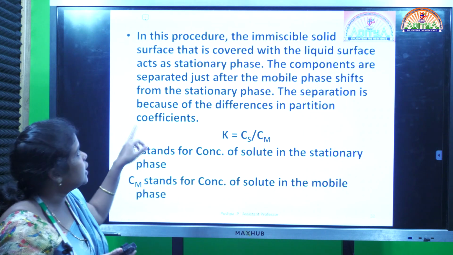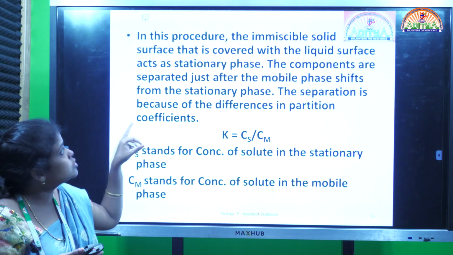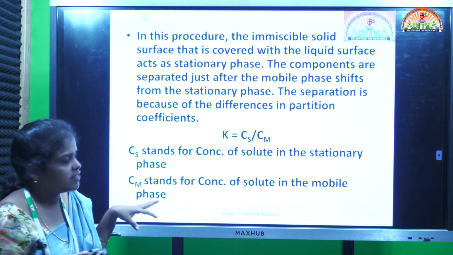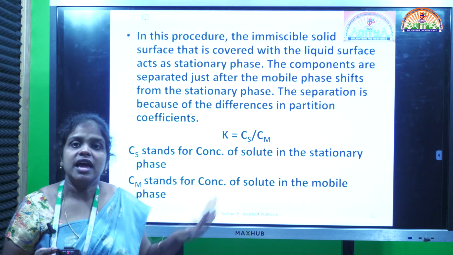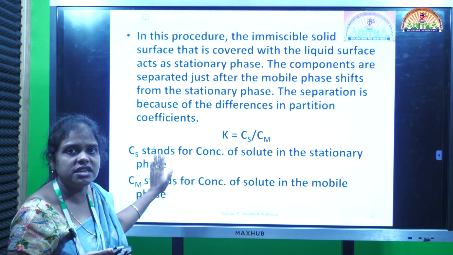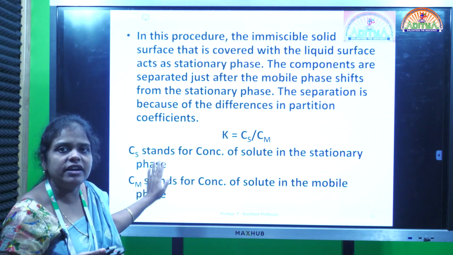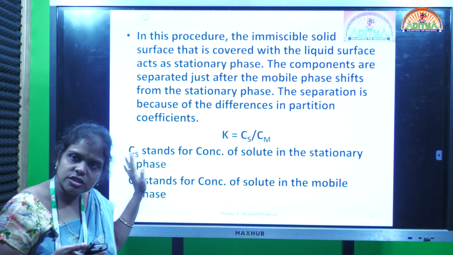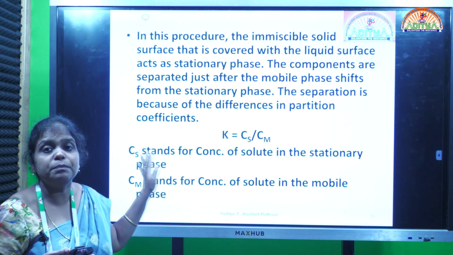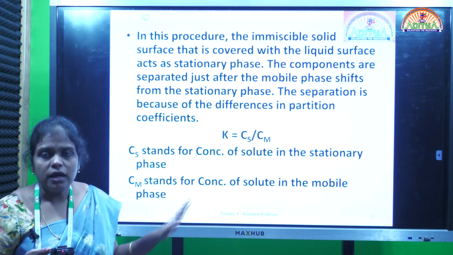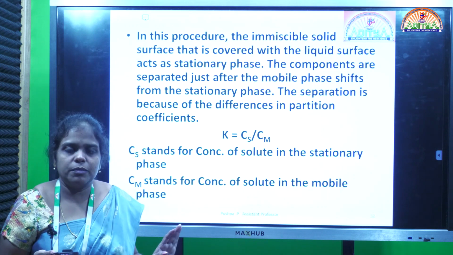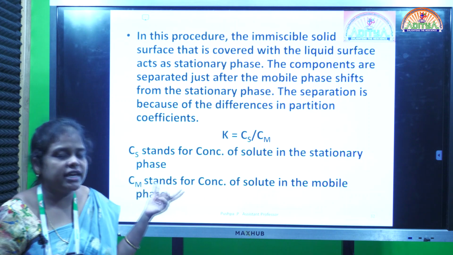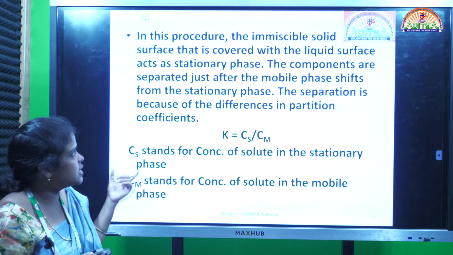You can see here in this procedure the immiscible solid surface, that is silica, is covered with the liquid surface which is acting as a stationary phase. That's why here we are calling the stationary phase a liquid phase. That means it is not completely liquid. We will take the solid silica gel, but we will mix that solid silica gel with the liquid solvent or liquid mobile phase. That's why the stationary phase which we are taking acts as a liquid stationary phase,